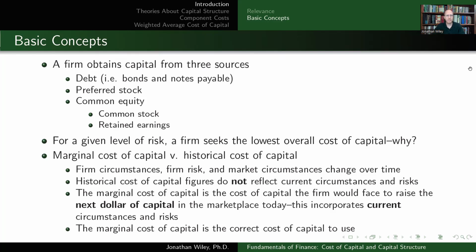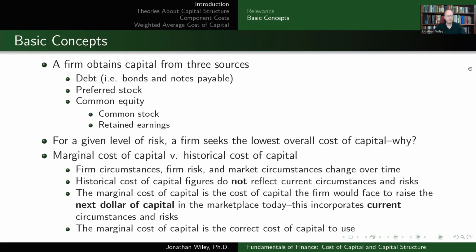If I do not pay attention to the rate that the investors are requiring now, and I look at a historical rate, I could be way off base about what investors are expecting, and that could lead to me either having too high of a standard and I pass up investments that I should have otherwise invested in, or I have so low of a standard, I invest in all kinds of stuff, and it really won't actually increase shareholder wealth because I should be expecting more in order to keep up with shareholder expectations. So basically, historical cost of capital figures should not be used. I need to look at current market circumstances when figuring out what rate of return do I need to judge